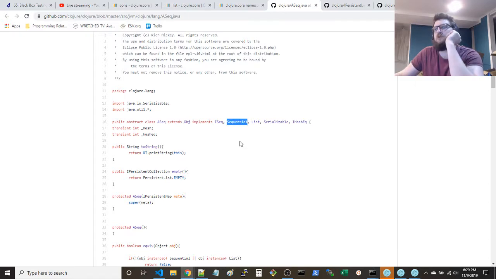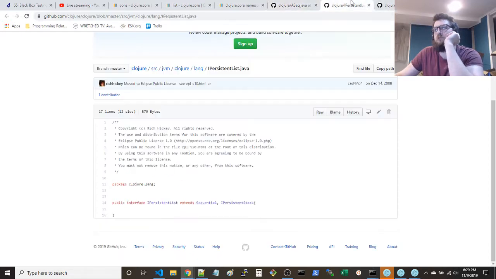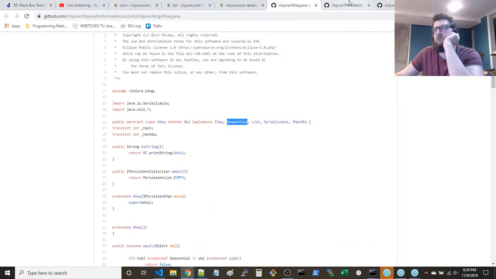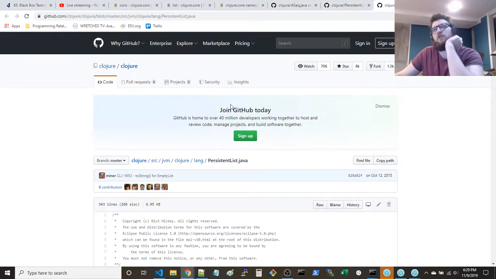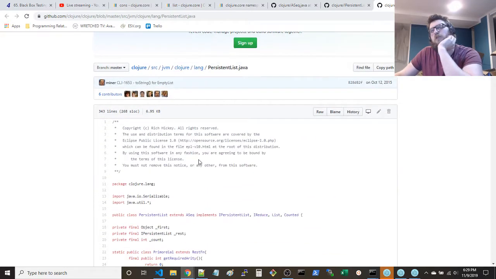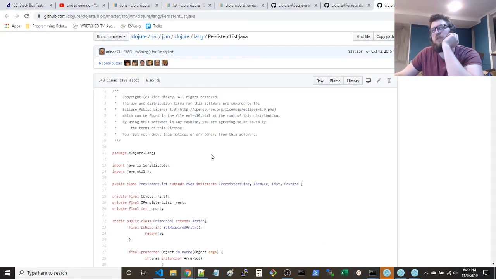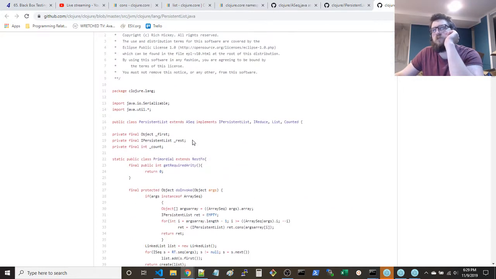Implement sequential. Can I create a list of things? Oh, okay, there we go. Yeah, persistent list extends a sequence. All right, great. So persistent list is a sequence, I think. It's an extension of a sequence.